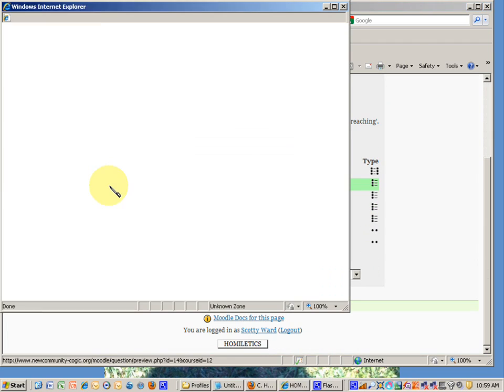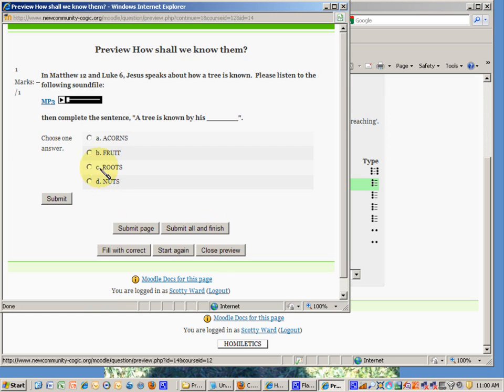Click on the magnifying glass. And now you notice we have our active link for the MP3. And it says, please listen to the following sound file. And when you hover over it, that title shows up in your web browser. So it's quite possible, either with the file name or that title portion, to telegraph the appropriate answer to your